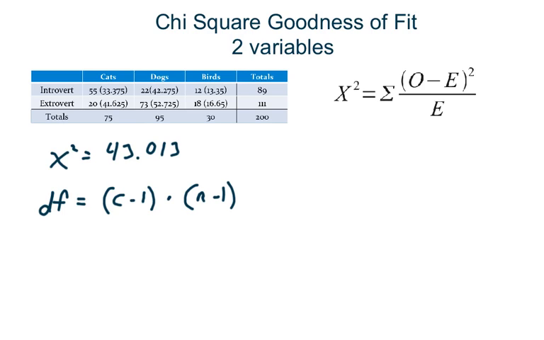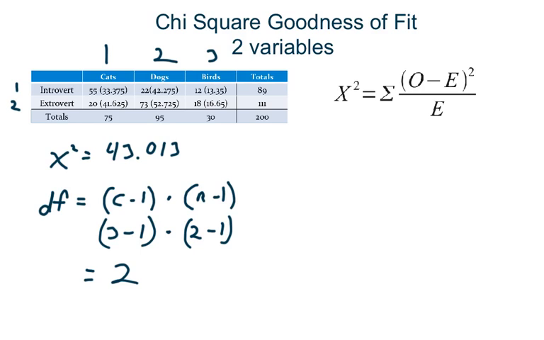Well, how many columns did we have? We had 1, 2, 3 columns, so 3 minus 1, times how many rows did we have? Well, we had 1, 2 rows, introvert and extrovert, so we're going to multiply that by 2 minus 1, which gives us a total of 2 times 1, or 2. So we had 2 degrees of freedom. If you look up in the tables, the exact same critical value as our one-way chi-square that we did in the previous video. So we know that our critical chi-square is